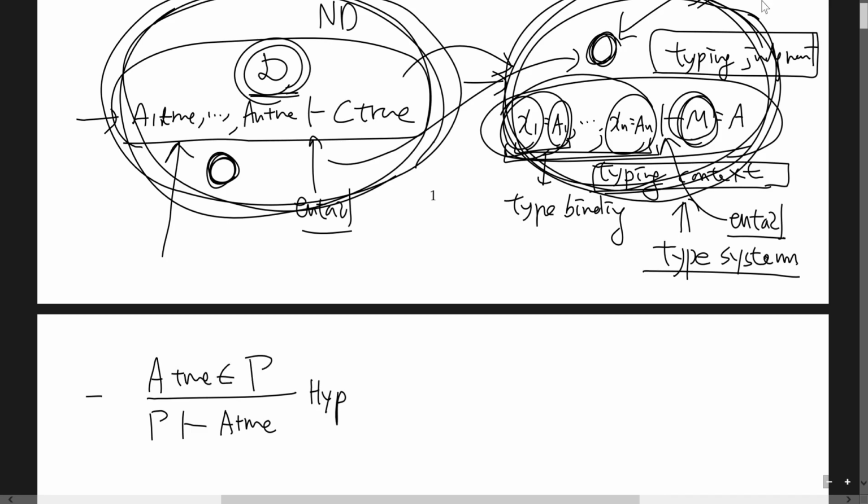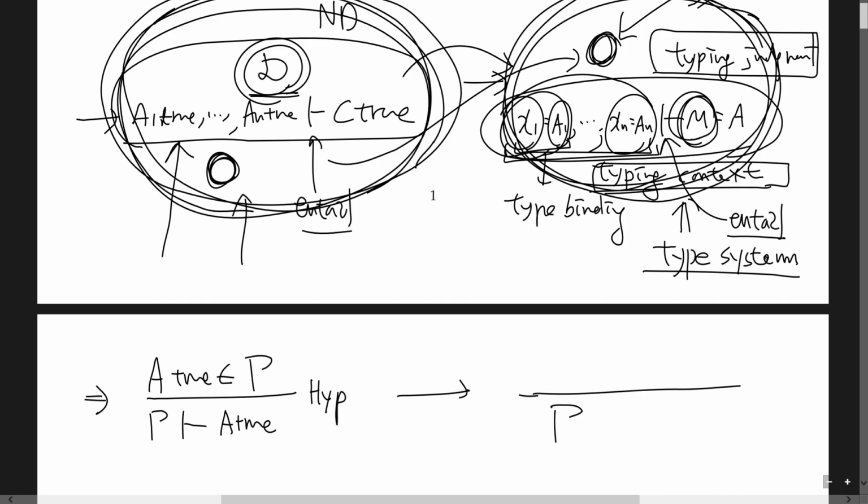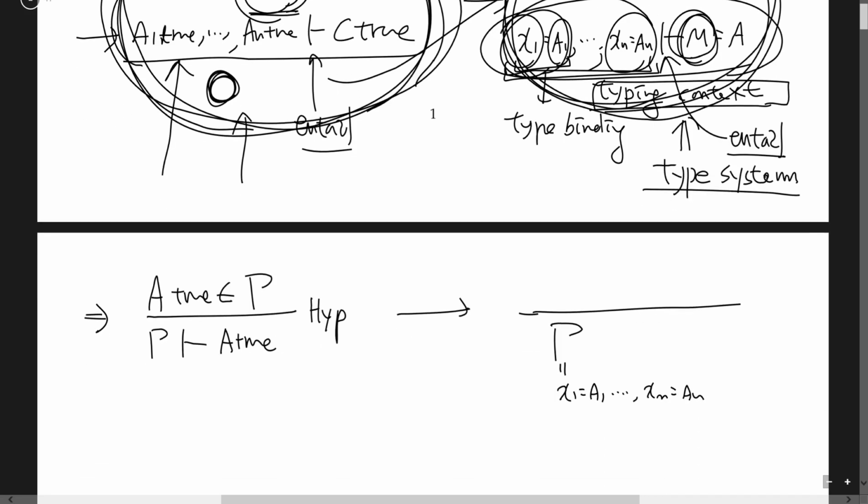So that's the hypothesis rule in this formulation of propositional logic. And the corresponding rule is we reuse the same meta variable gamma, and this time this gamma is collection of type bindings of this form. Here, gamma is a collection of hypotheses, A1 true,